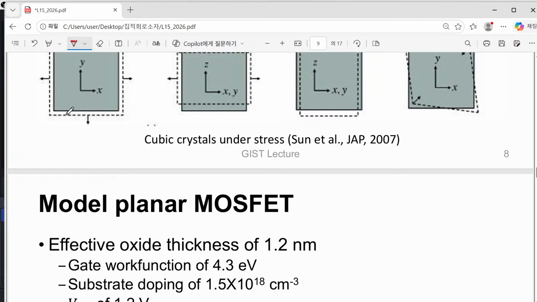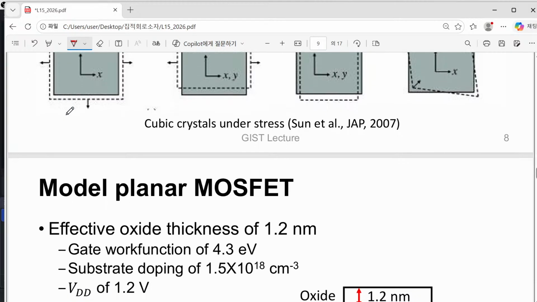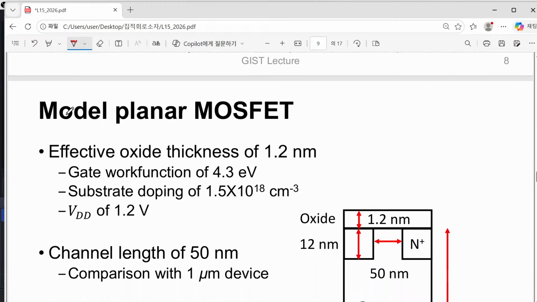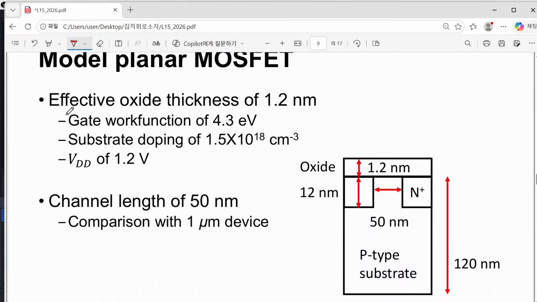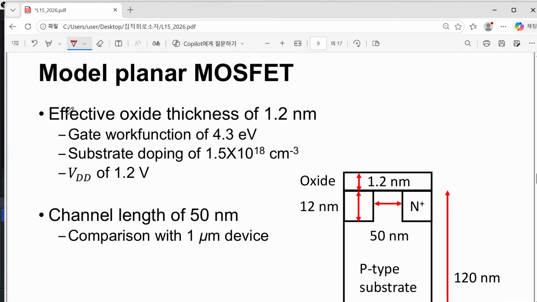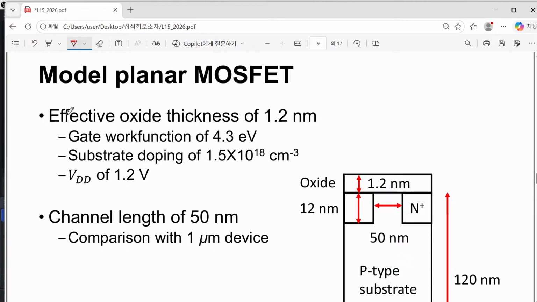Okay, so this is the end of our discussion about long channel MOSFET. And now let's go to our last part, short channel MOSFET. And actually this short channel MOSFET is the real MOSFET. There is no long channel MOSFET these days. So we'll just have a look at this one. Previously, when we started our long channel MOSFET discussion, we thought about a channel length of about